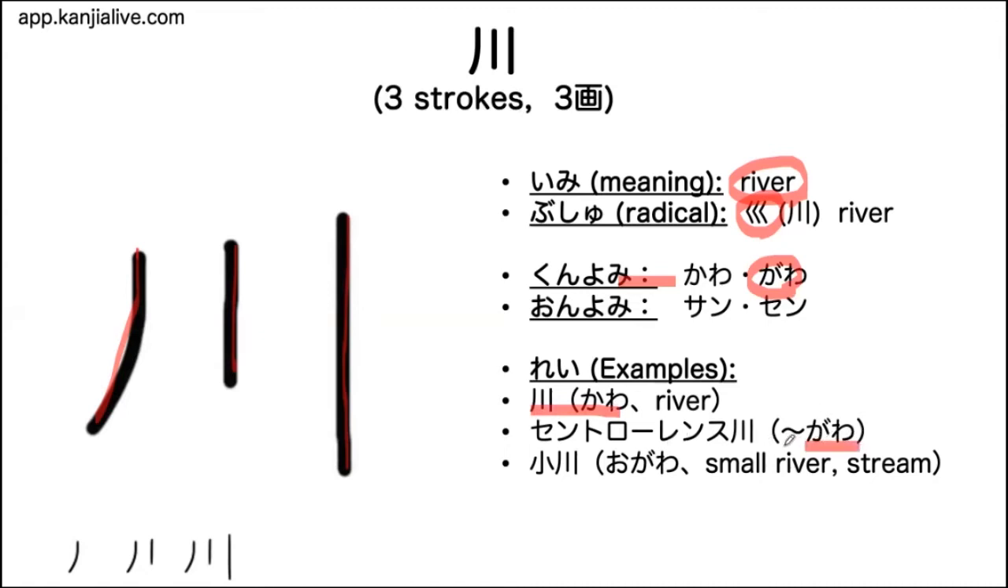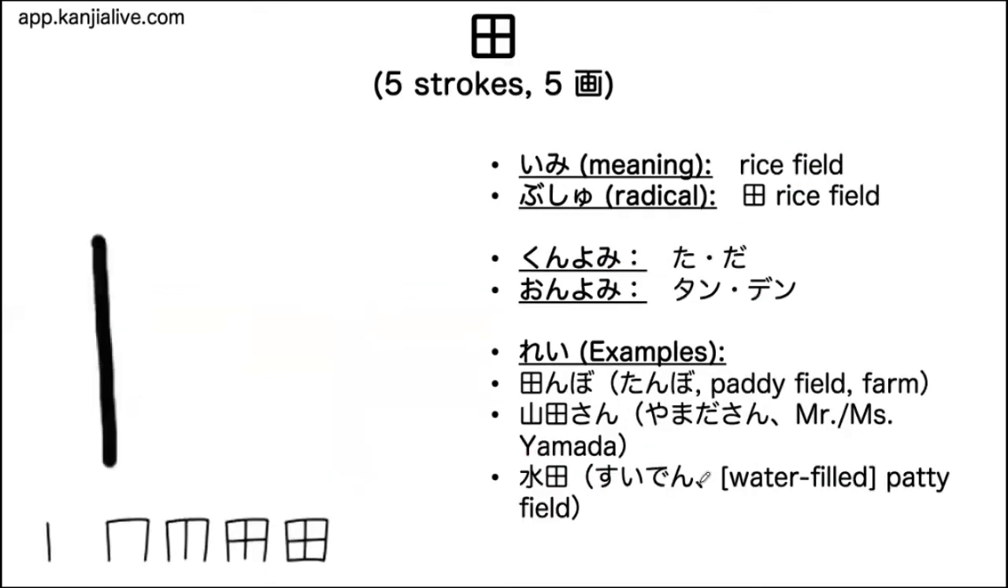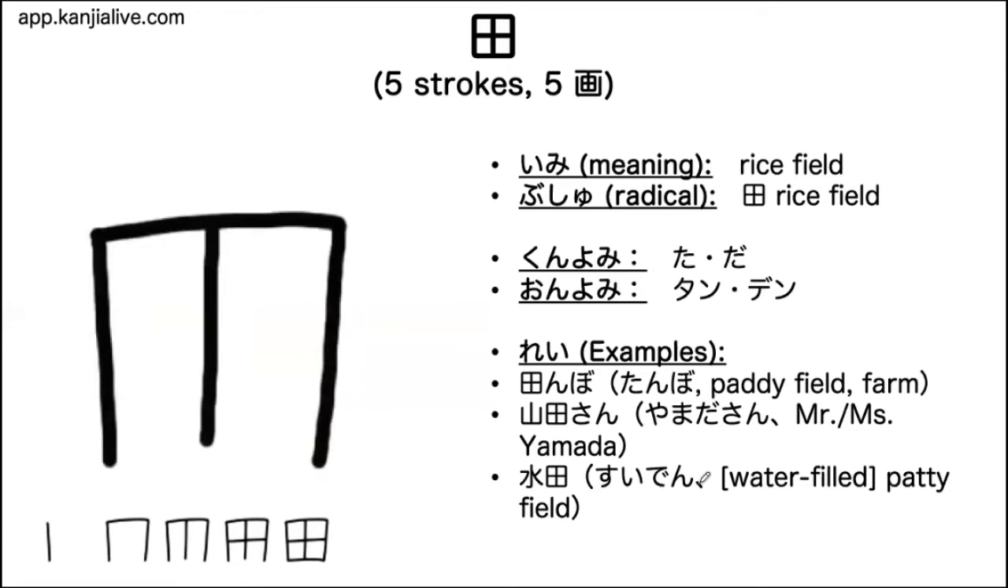Sento Lawrence Gawa. This is gawa, right? Sento Lawrence Gawa. It's katakana. And then Ogawa. So Ogawa, the first letter is small. This means small. So small river or stream. Then this first kanji is sometimes read o and sometimes read ko. So keep in mind, for this combination, we read ogawa. では次に行きましょう。